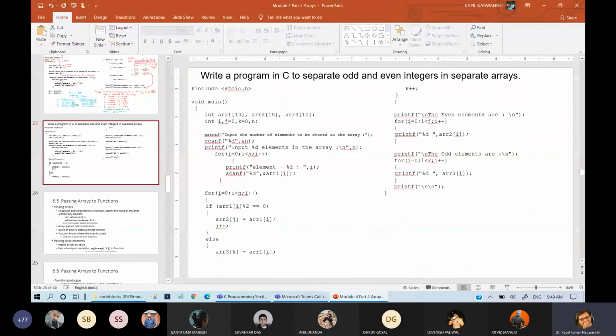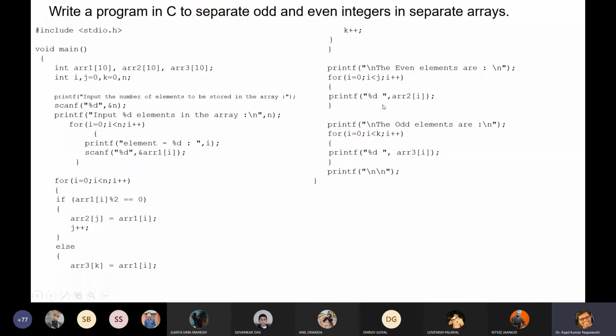Now come to the next program. This is another program, to write a program in C to separate odd and even integers in separate arrays.